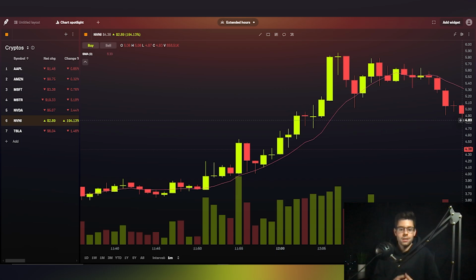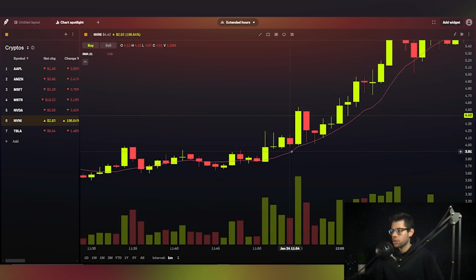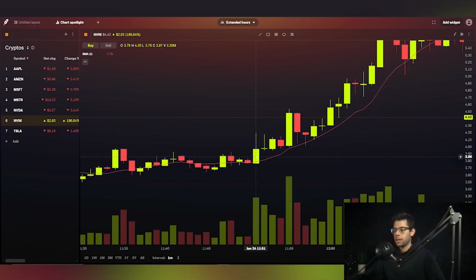That all goes back to the opportunities that you have and what opportunities you can basically take control of. So because of that, we're taking a look at this green candlestick right here that opened above this red SMA line. So at 11:51, we enter into a trade because it is the first green candlestick that closed above this red SMA line here. So now that we had a candle open and close, finished green above this red SMA line,